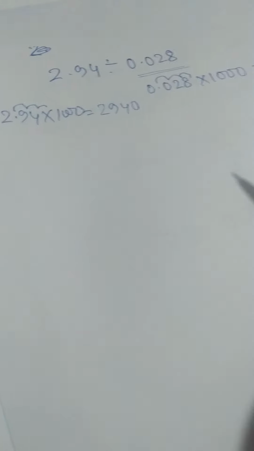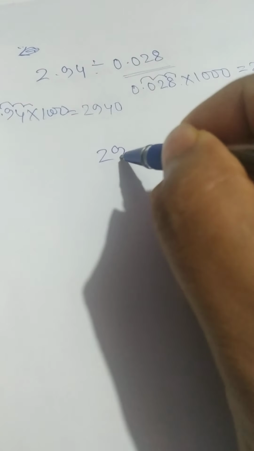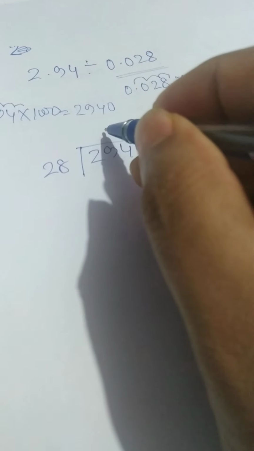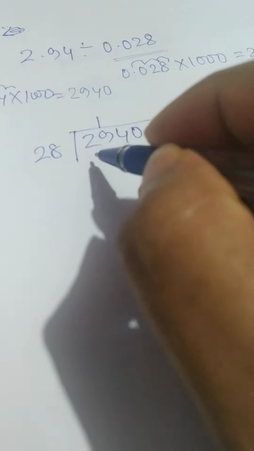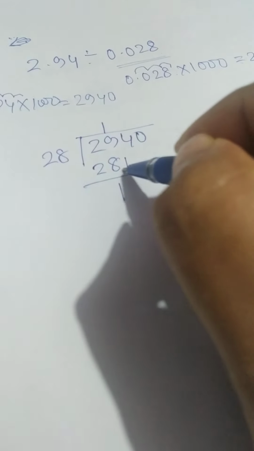So 2.94 times 1000 equals, 1 step, 2 steps, 3. There is one empty box, so it becomes 2940. Now I'll divide 2940 by 28. So 2940 by 28. 28 ones are 28, and minus 8 is 1, 4 comes